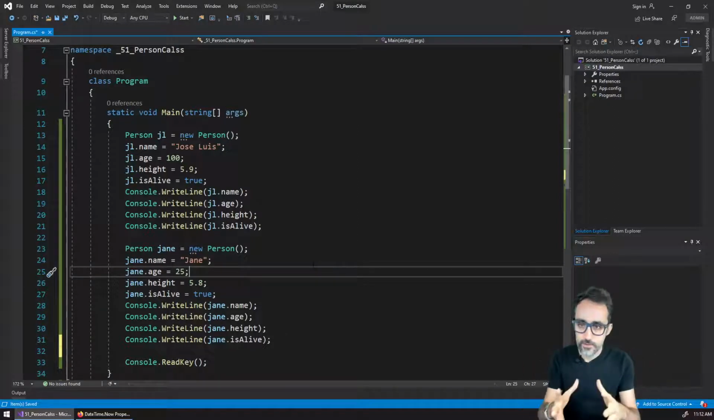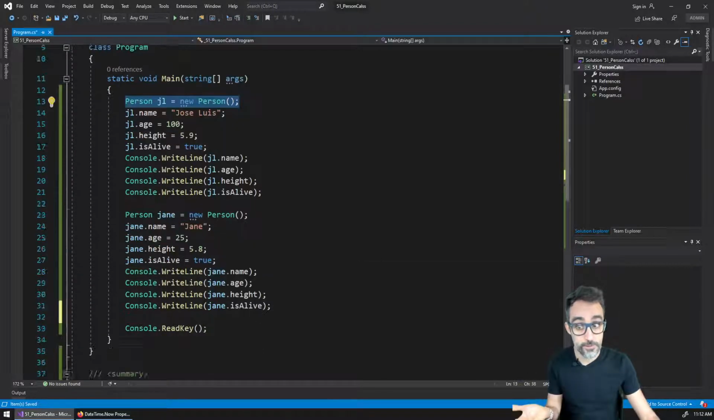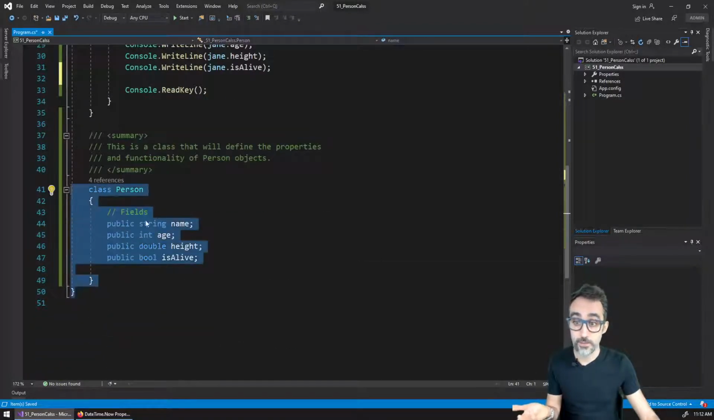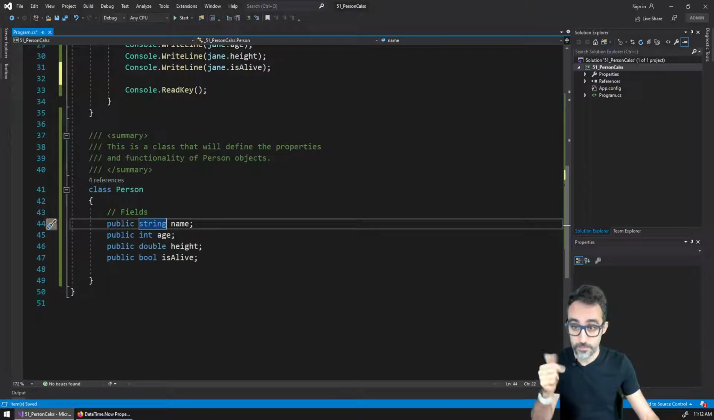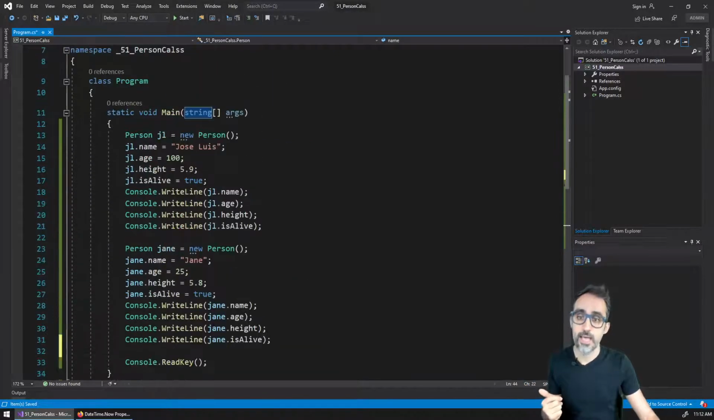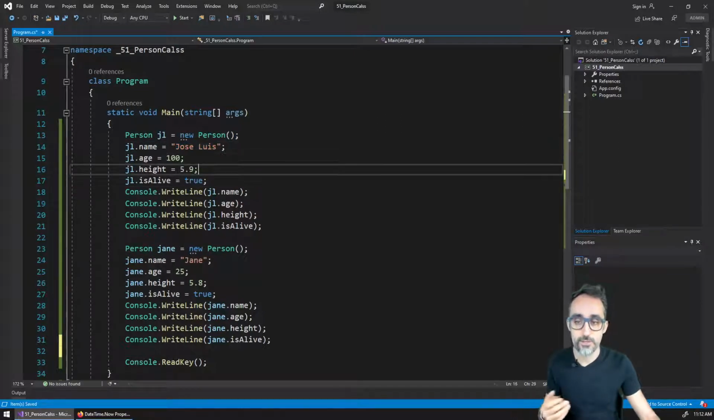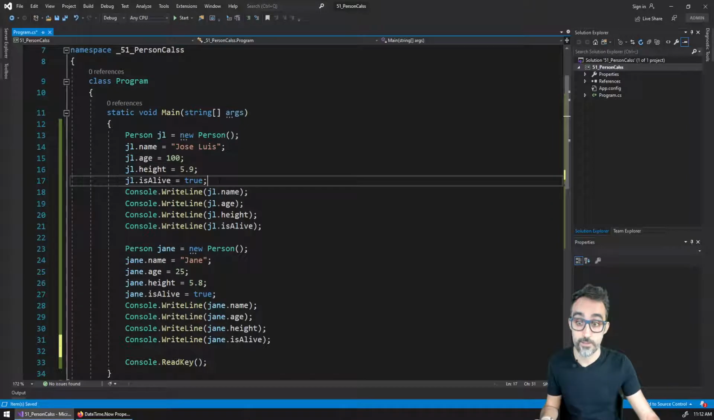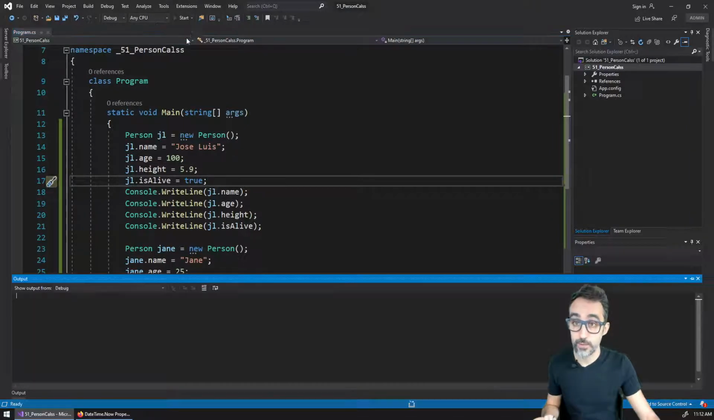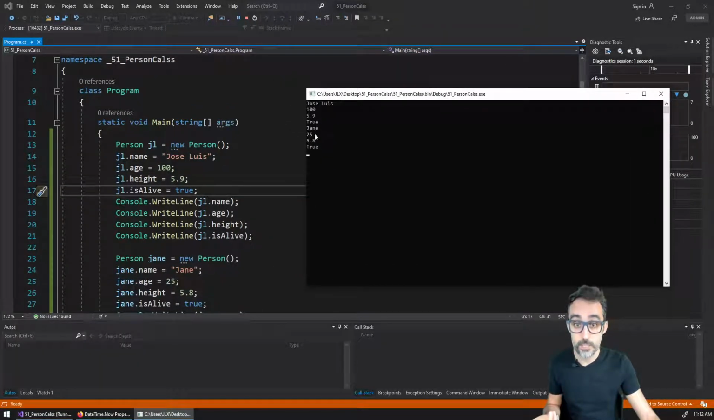Alright, in the previous video, we have seen how we can create new objects of the type person. We have created a custom class called Person with 4 properties, name, age, height, etc. And we can see how we can create new objects. And for each one of those properties, we can assign values so that we can start manipulating these objects around, right? And then we've seen how we can print each one of those values, Jose Luis and Jane and all